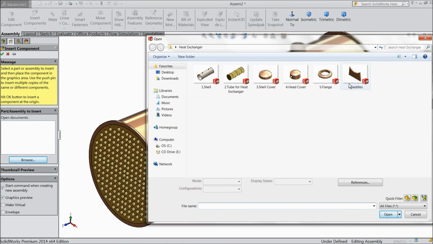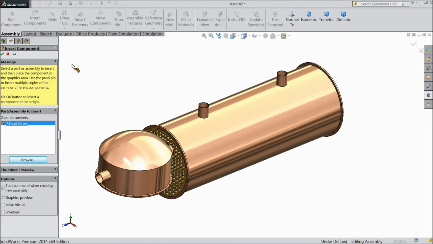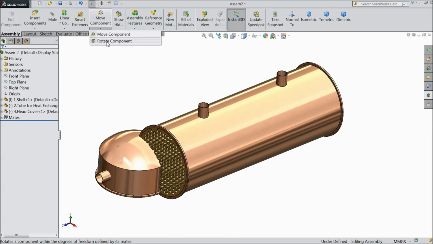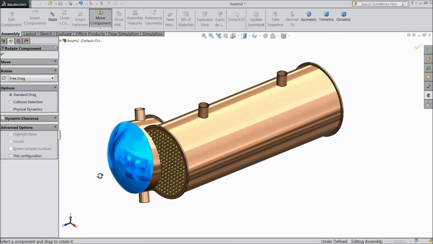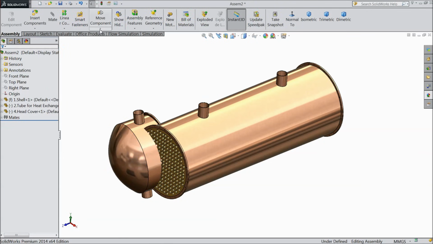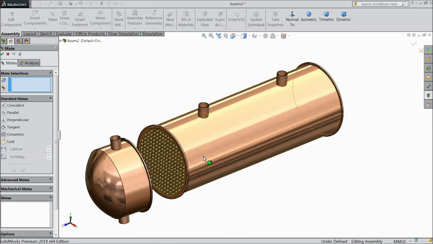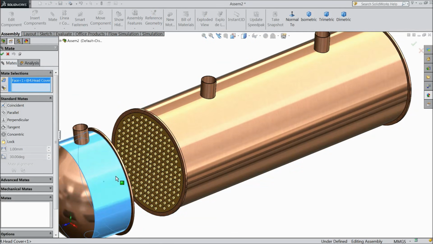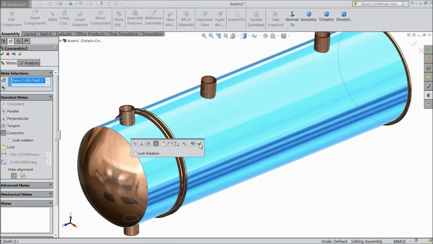Now we will insert our other components. Head cover. Now we will rotate the component. Okay. Select this outer face and this outer face. Relation concentric. Okay.